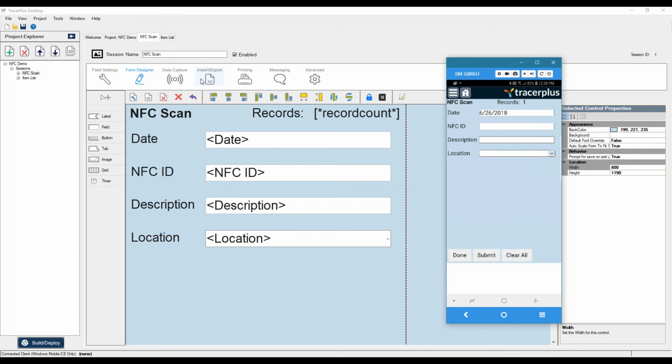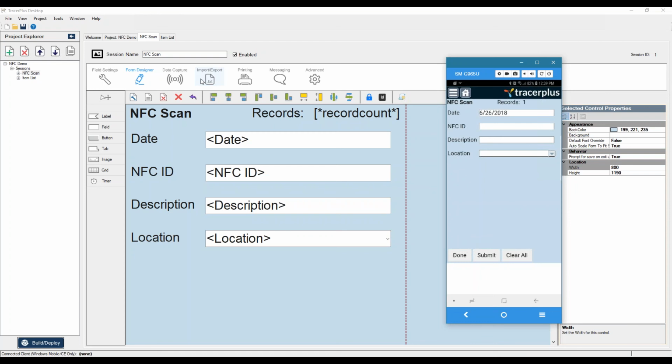So that's the functionality of NFC and how you may use it for your particular application. It's very useful for employee tracking with badges, equipment scanning. If you want to know what information is on a particular piece of equipment, you can just walk right up to it, place your phone on the tag or in the vicinity of the tag and capture what that is. Also useful for asset